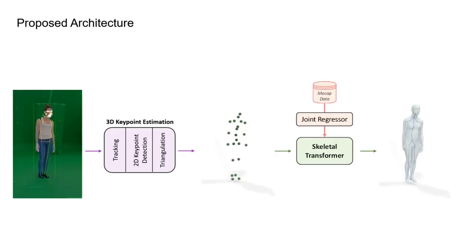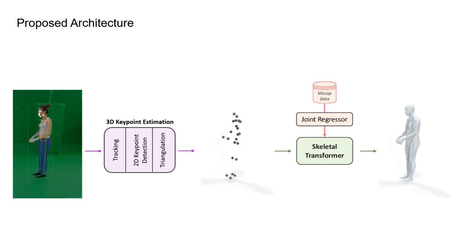Our pipeline contains two stages. First, we estimate 3D keypoints using off-the-shelf models. Then we use a skeletal transformer as an inverse-kinematic model to predict the pose and shape parameters of the SMPL body model. To train our model, we use our new and improved joint regressor to create synthetic 3D keypoints from